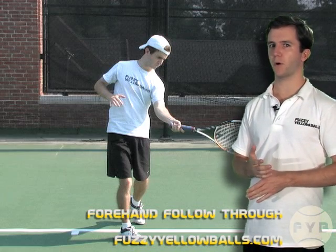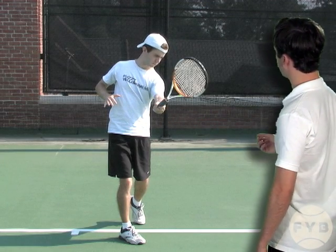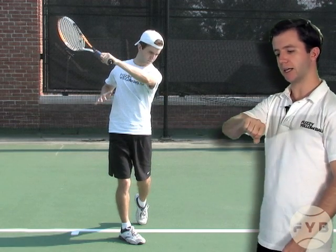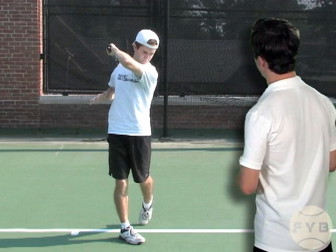The fourth step of the forehand is the follow-through. From contact, I extend out in the direction that I'm hitting the tennis ball. And once I've extended out, I'm going to turn my forearm and my wrist over as one piece like I'm trying to check the time. And once I do that, I bring the tennis racket across to the other side of my body in a